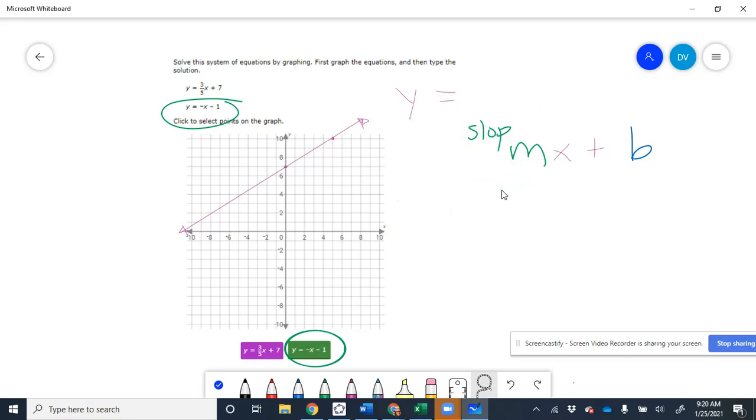This time the slope, let me write that equation before I do anything else. My equation is in green, y is equal to, and I'll use a different color here, negative 1x. I know it doesn't look like it, but there is a negative 1 in front of that x, plus, and I'll do the b in blue again. So my slope here is negative 1,